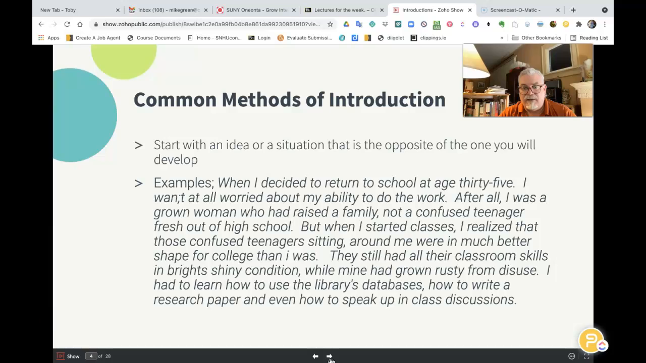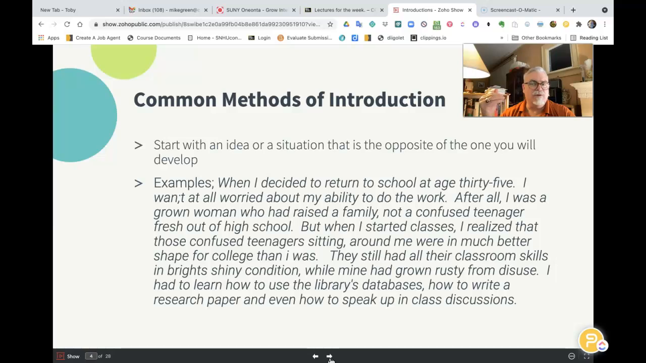Notice 3 things. Last sentence. You can take your finger and point. She's going to talk about 3 things that she had to learn as a new student. And she has turned on its head that notion that older students are really more prepared for college than younger students. She's trying to tell you that that isn't necessarily the case,